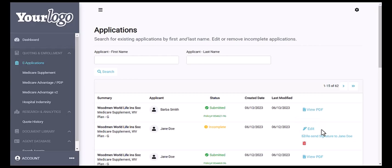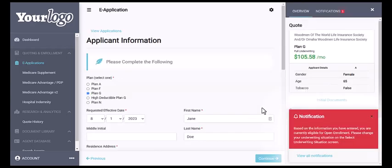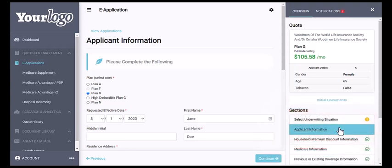We're going to quickly look at another application to review some of the notifications that you may see when you are completing an application. One type of error message that you may receive is a notification that you selected the wrong underwriting type. So based upon your Medicare Part A and Part B effective dates, we are letting you know that you selected the wrong underwriting type. So you will see that error icon for that underwriting situation,